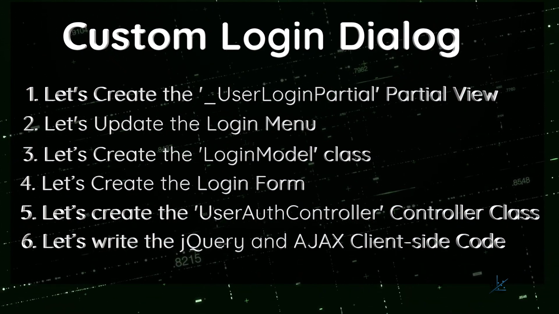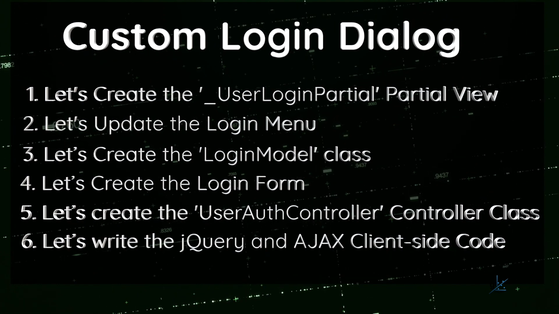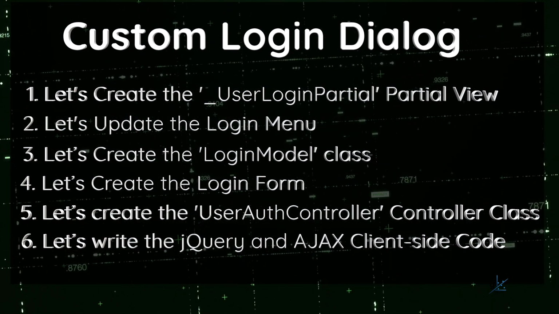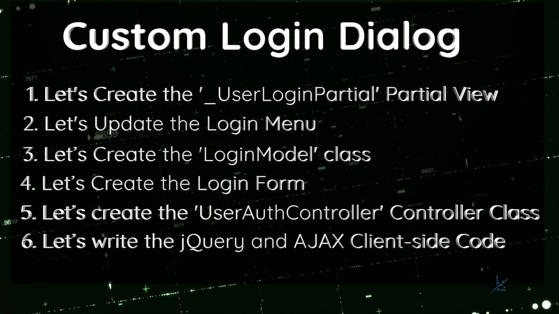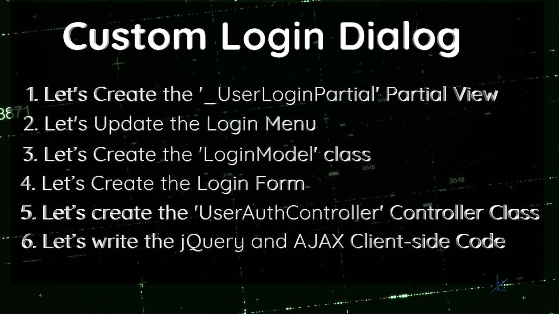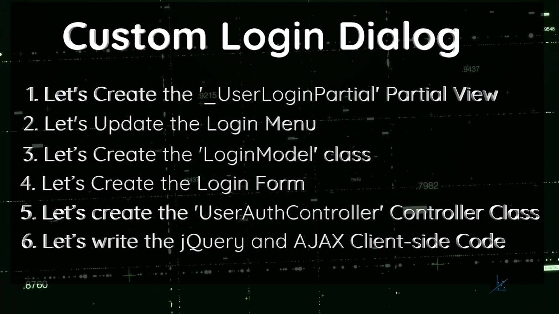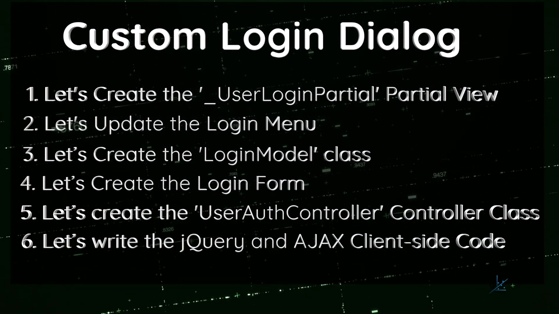Once we have created the login model, we'll implement the fourth stage. The fourth stage will involve adding the login form code within the _user_login_partial view and wiring up the fields created in the login form to the relevant public properties contained within the login model. In the fifth stage, we'll create a new controller class and implement the code for authenticating the user's credentials that